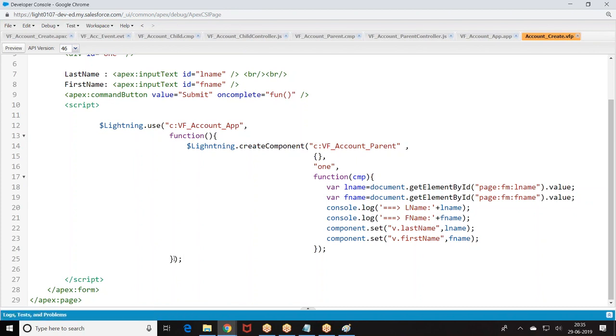Check out anywhere any semicolons are missing. Okay, let me cross check. App function. This is a close. Create a component. Parameter 1, parameter 2, number 3, function, component, floor bracket, function. Okay.